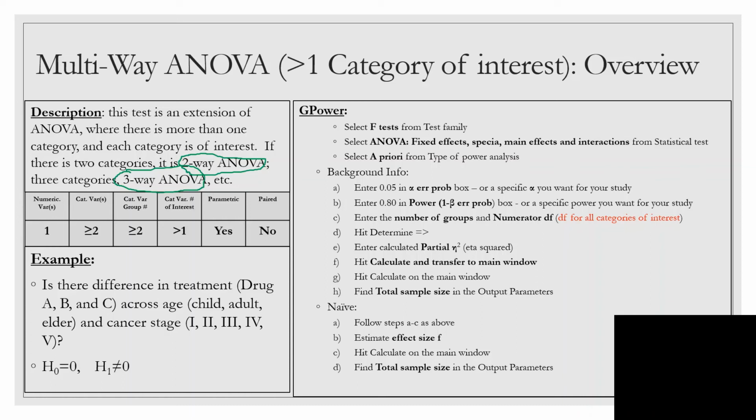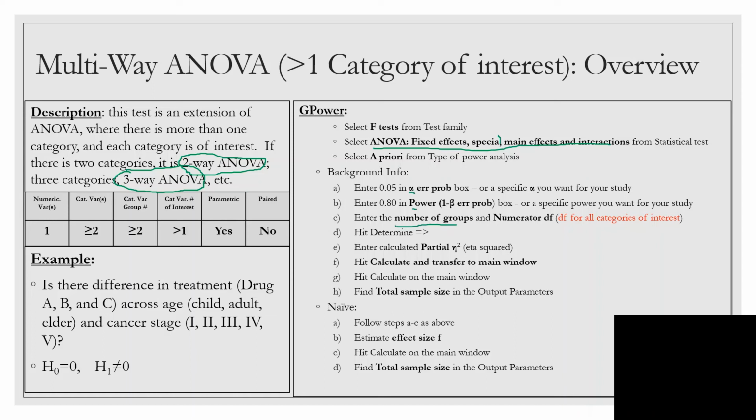So you usually want to limit it to probably 2 or 3. So an example might be, is there a difference in treatment across age and, say, cancer stage? This is very similar to the Multiway ANOVA with one category of interest. We're just going to select ANOVA, fixed effects, special and main effects, enter alpha and power, and now we still